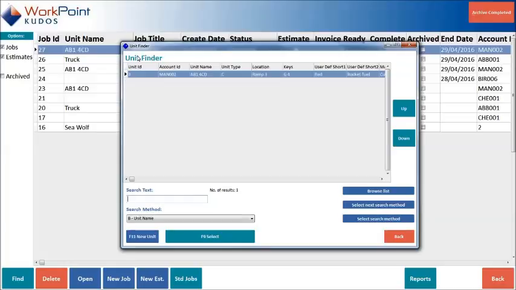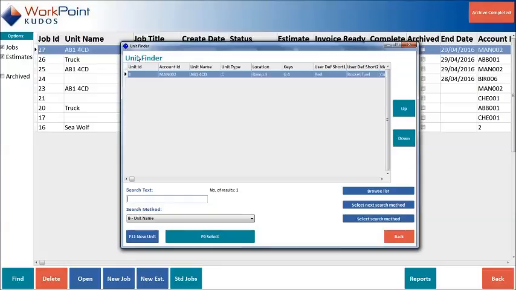It may be a car, it may be a truck, it may be a piece of large machinery that you do work on or service on. I think from our past, it started off being a boat or a yacht, or it could be a caravan. So this is a unit. It's kept in a different database so that it can be attributed to a customer, but also if you're collecting details on this unit, if that customer sells it, you've still got the details of the unit